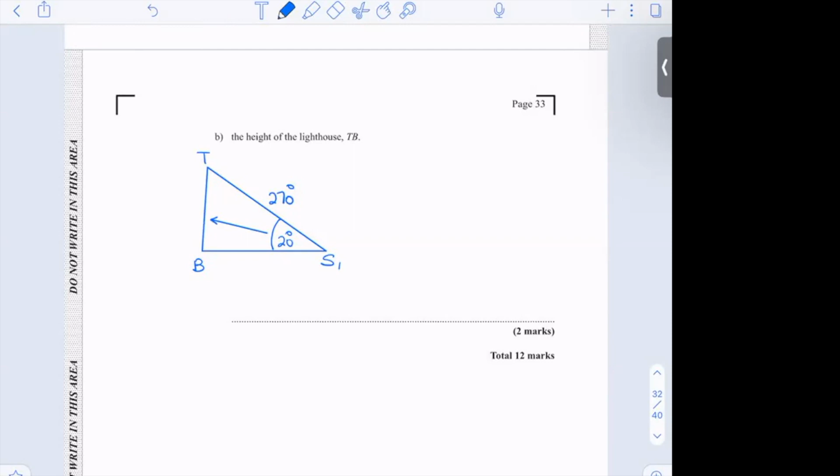All right, which trig ratio are we going to use? Sine, cosine, or tan? We want to find the opposite side. Sine. So sine of 20 is equal to TB over 270 meters. So if you cross multiply, TB is 270 multiplied by sine 20. TB is equal to